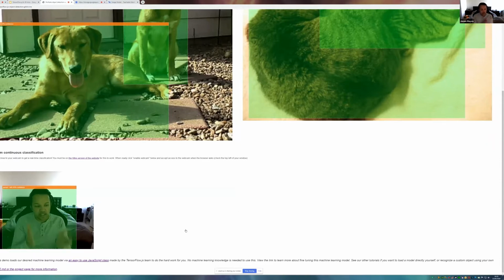This is running in the web browser in real time with high performance. And we can then use this for very interesting applications. So if I jump back to the presentation and present,